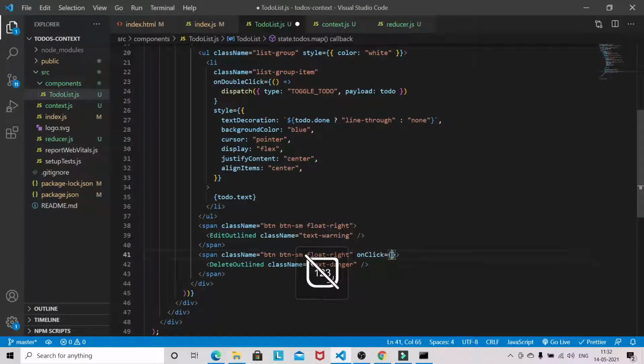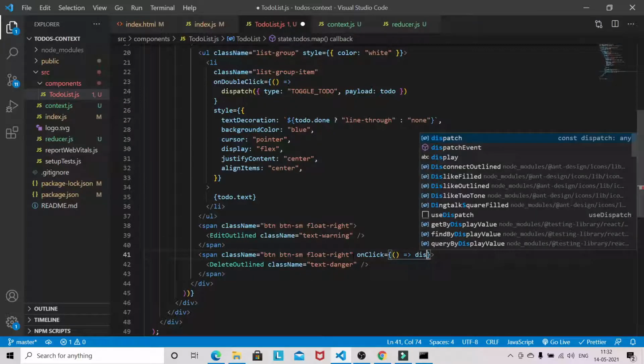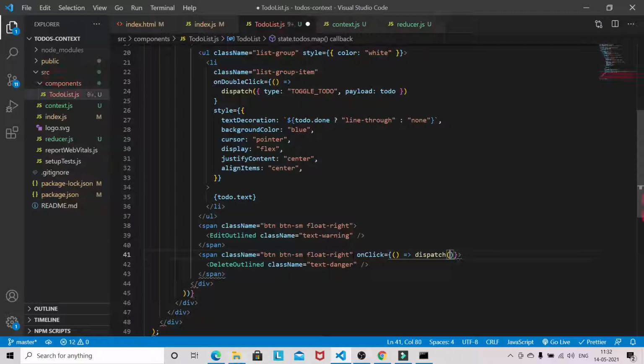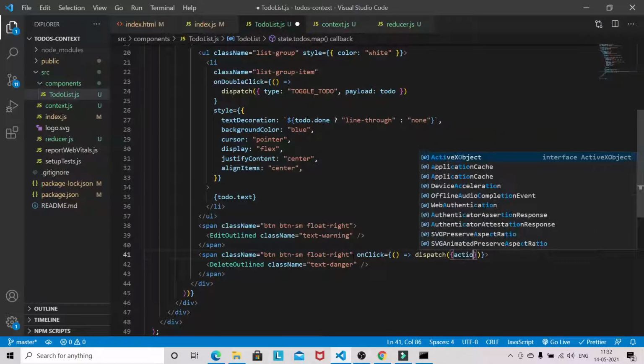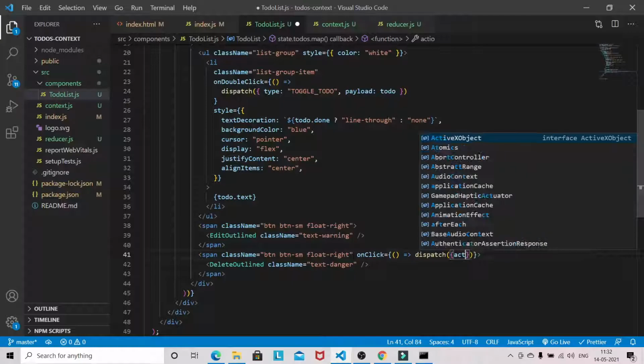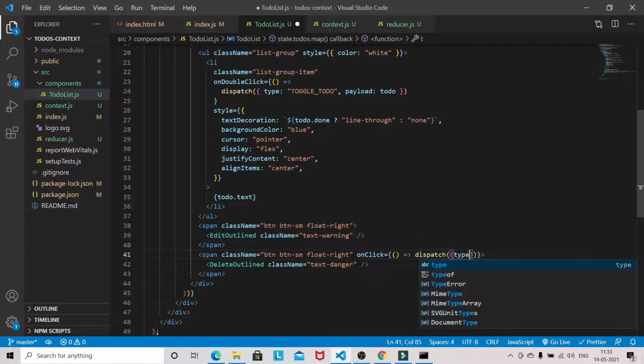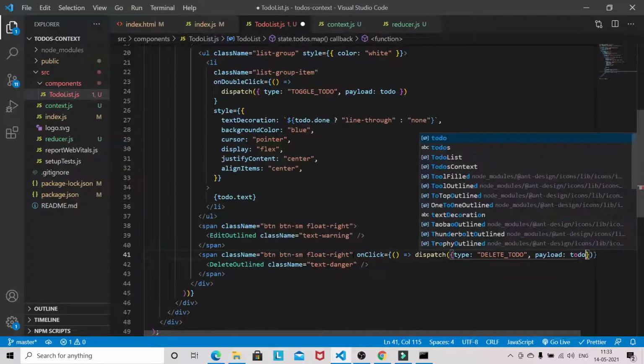So on click, we need to dispatch an action, with type delete to do, and again we need to pass the payload. So the payload will be to do.